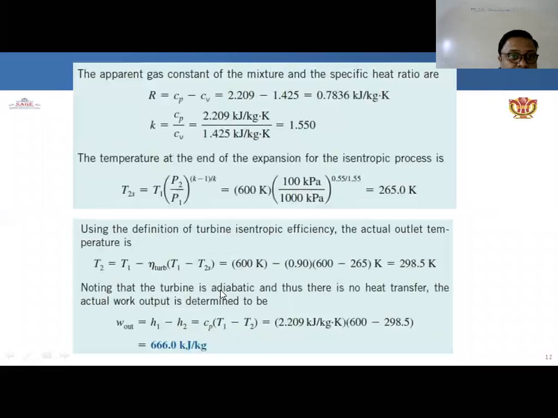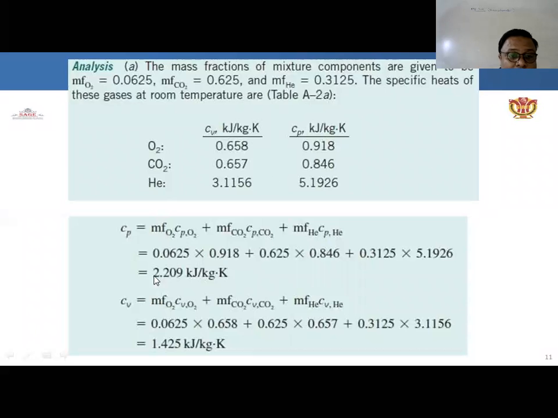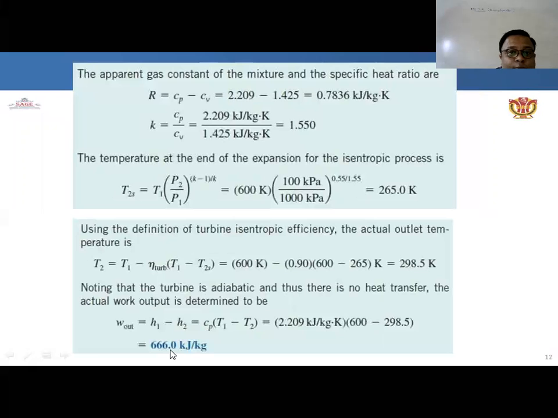तो the apparent gas constant of the mixture and the specific heat ratio are: capital R is equal to Cp minus Cv, 2.209 जो आपकी Cp आई थी minus 1.425। इसको जब पुट अप करेंगे तो कैपिटल R की वैल्यू निकलेगी 0.7836 किलो जूल पर केजी पर डिग्री केल्विन, और आपकी जो गामा की वैल्यू है जिसको कि हम k से भी रिप्रेजेंट करते हैं, Cp बाई Cv करेंगे तो 1.550 की वैल्यू आएगी।